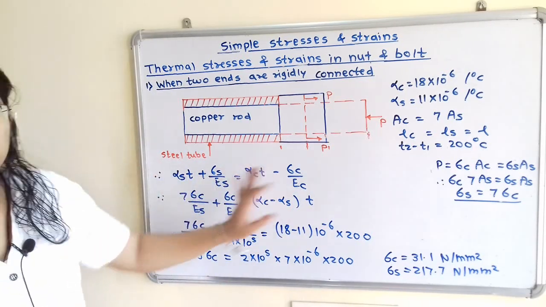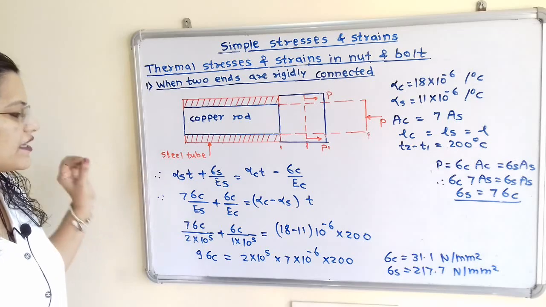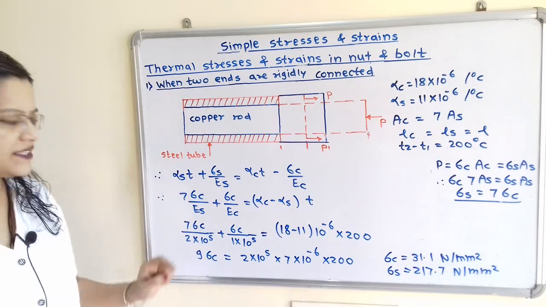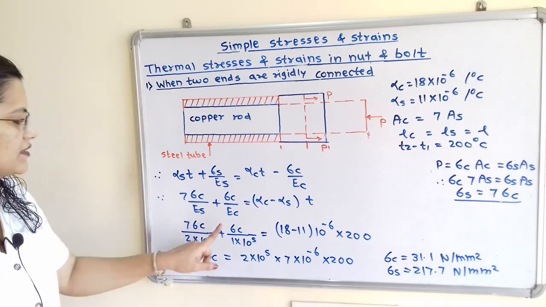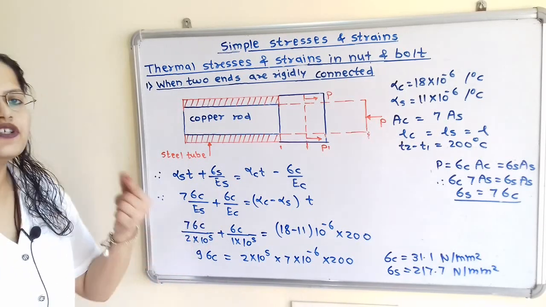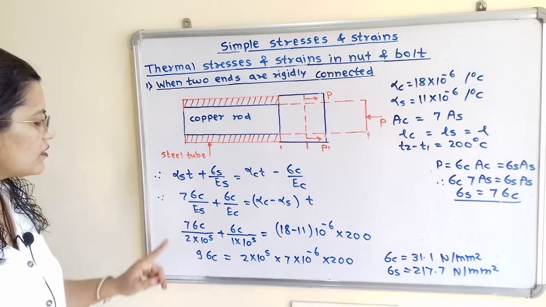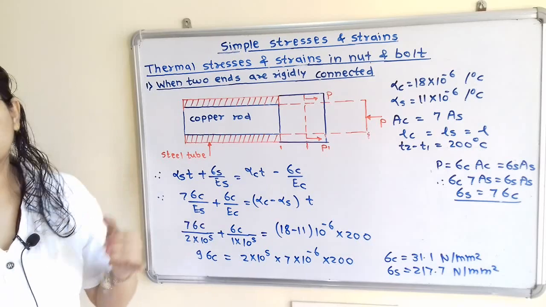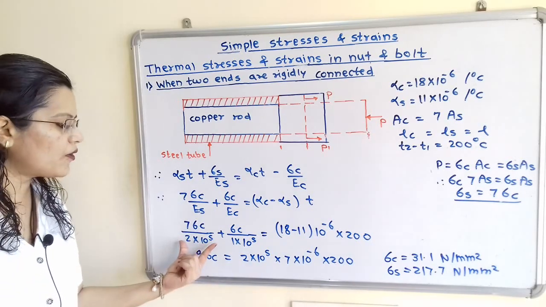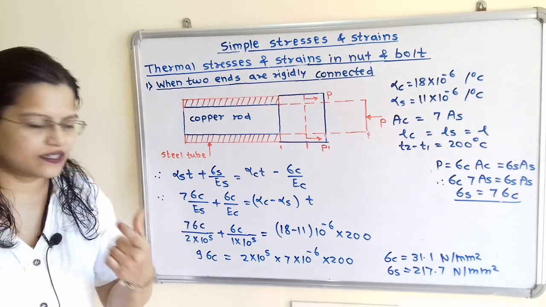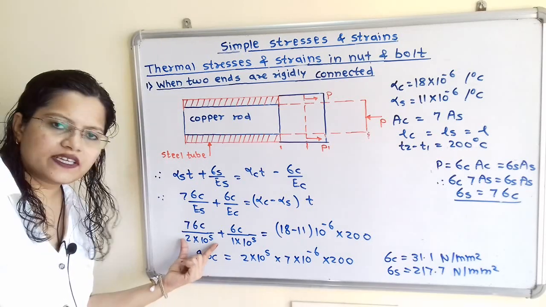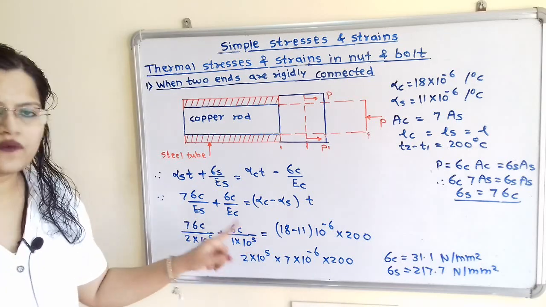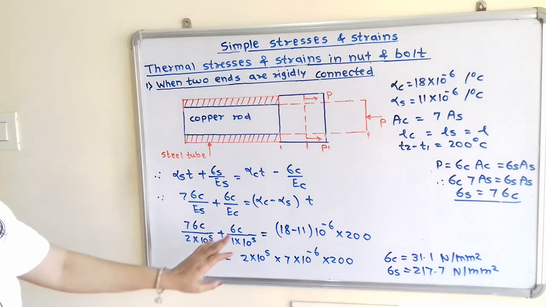Now we will solve this by putting the values. So we have to find out the stress in copper as well as steel. So here 7 sigma C divided by ES. The value of Young's modulus for steel is given as 2 into 10 raised to 5 Newton per millimeter square. So here the important term is the unit. Newton per millimeter square is the unit, plus sigma C by EC, that is 1 into 10 raised to 5 Newton per millimeter square, is equal to